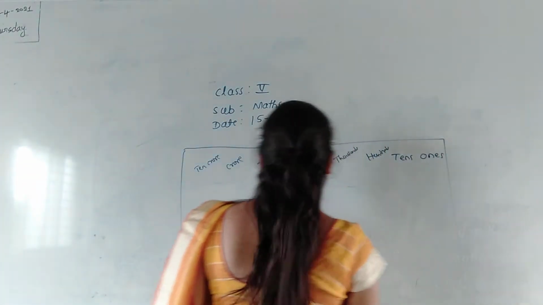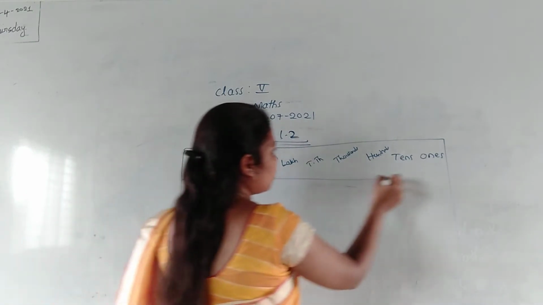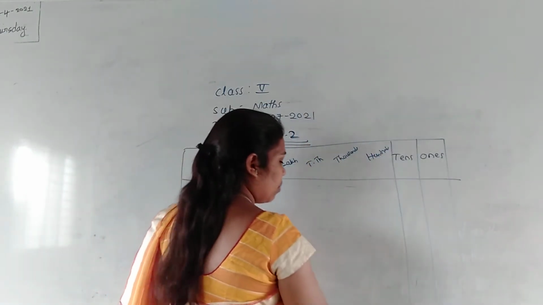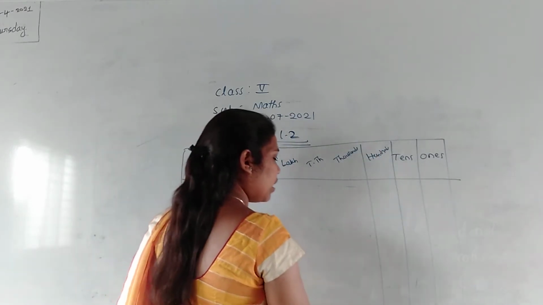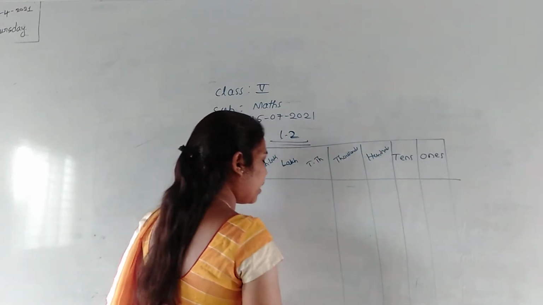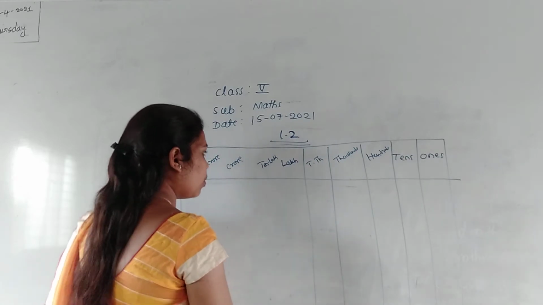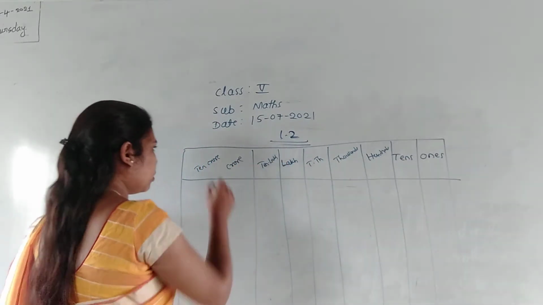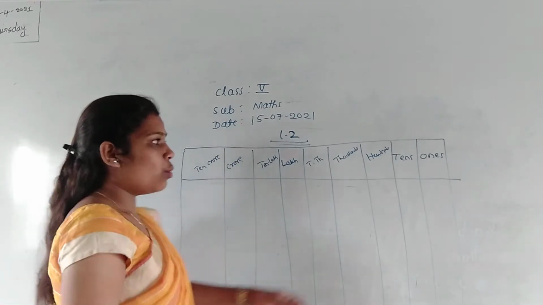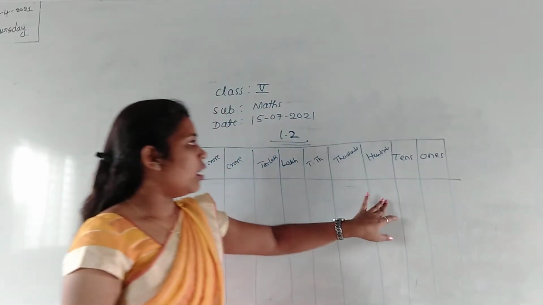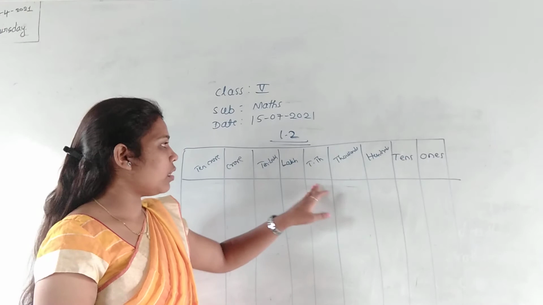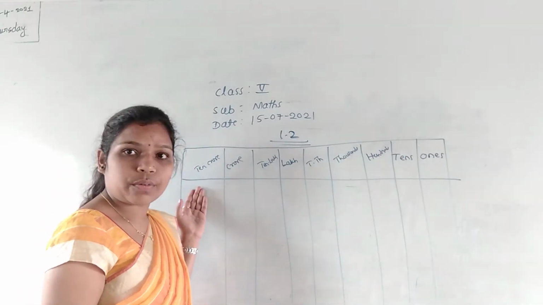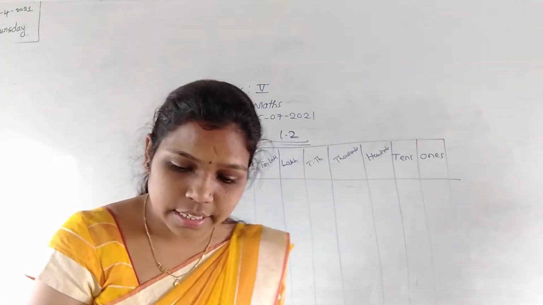So in exercise number 1.1, what we discussed, till only 10 lakh we discussed. But in exercise number 1.2, we are discussing crore and 10 crore. Okay. So that is the difference between 1.1 and 1.2 here. So here ones, tens, hundreds, thousands, 10,000s, lakh, 10 lakh, crore, 10 crore. Is everyone getting what I am saying here?